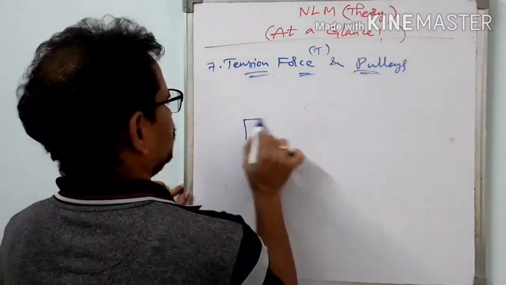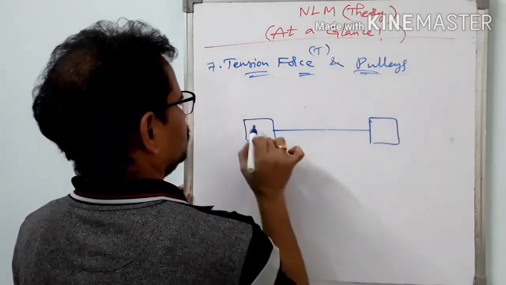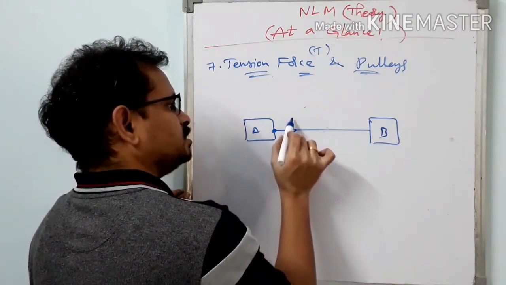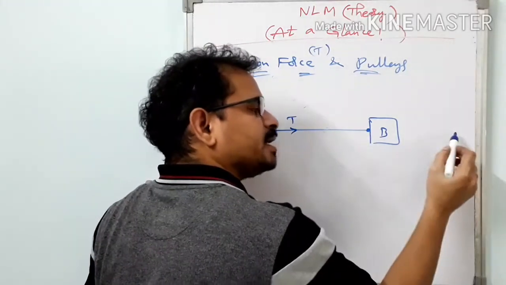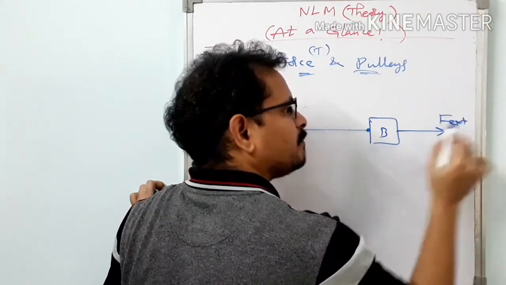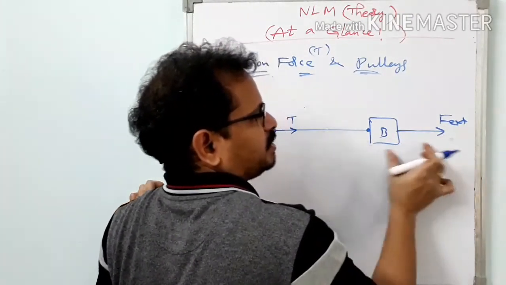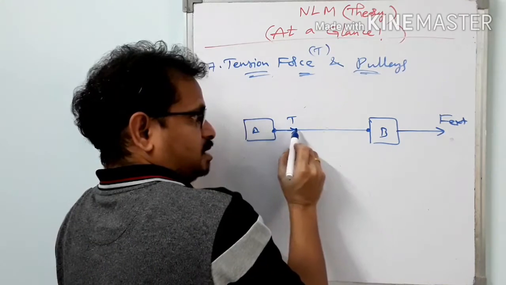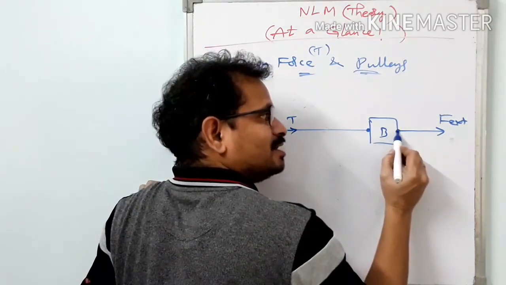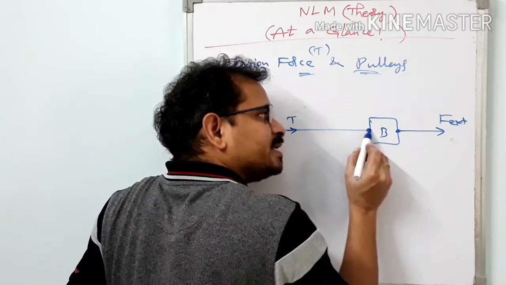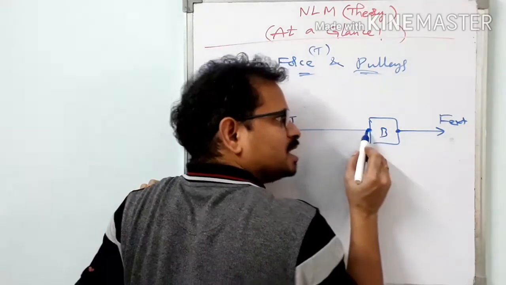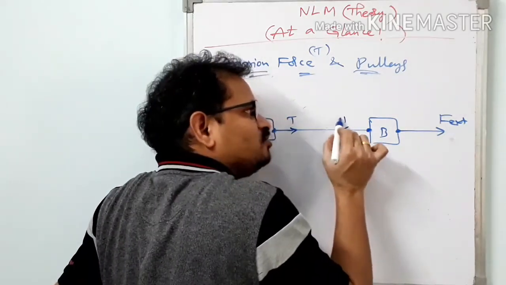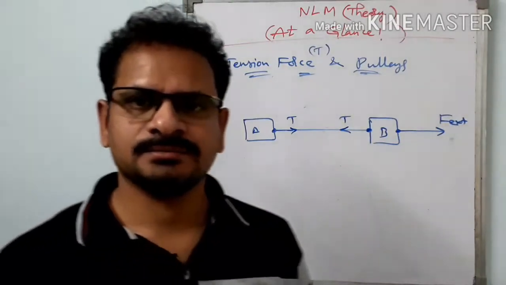Suppose two blocks are there like this, this is block A, this is block B. What is the tension force on block A? In this direction, T. What is the tension force on block B? Not in this direction. Suppose an external force is applied on block B, and it is pulled rightwards. How does tension force act on the block here? In this direction. And how is the external force acting on block B? Rightwards. Then what about the tension force acting on block B, rightwards or leftwards? Because this string can only pull this block, cannot push it, the tension force on block B will be in this direction. Got it?